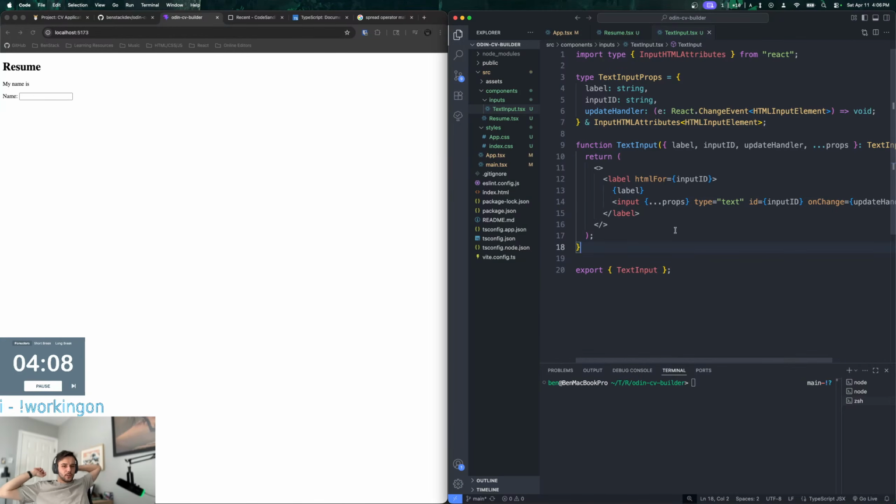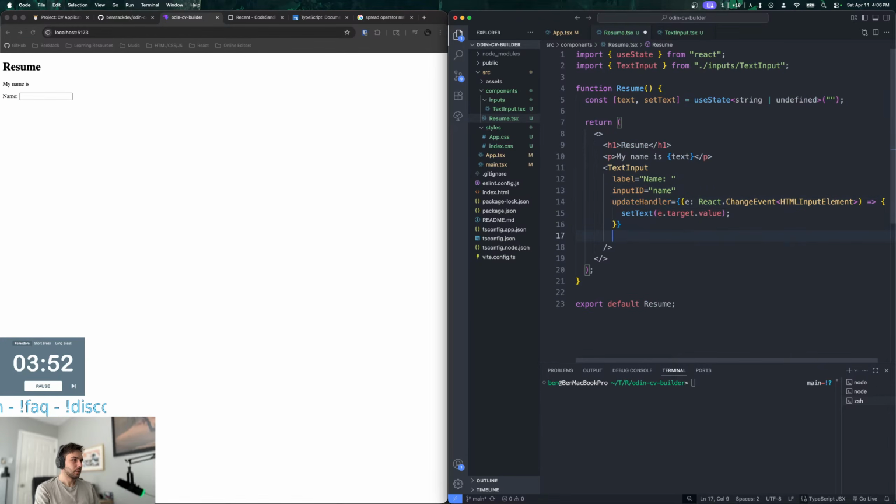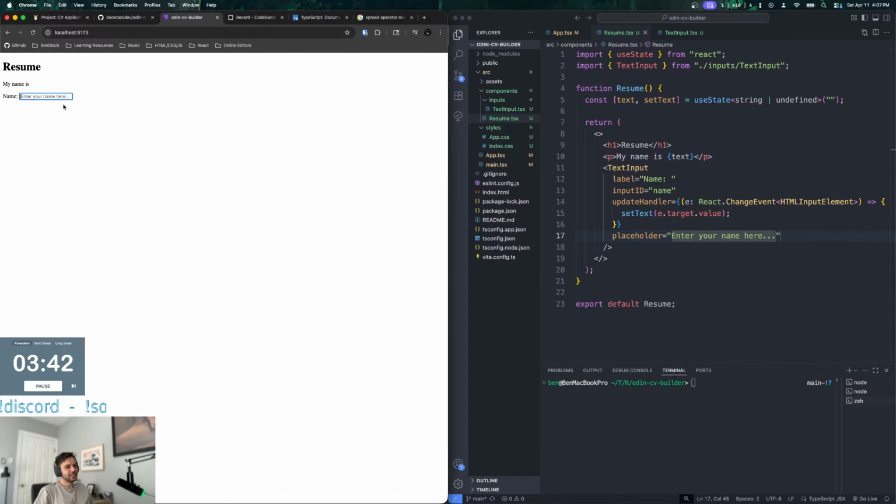I'm learning. So now we can do, theoretically, an email input, and it would be very similar, right? So we can try adding a placeholder to the custom component. If we do a placeholder on here, we can say like, enter your name here. Nice. That's pretty cool. I like that. See, without your help, this is something I wouldn't know if I was still too newbie, right? This is good stuff.